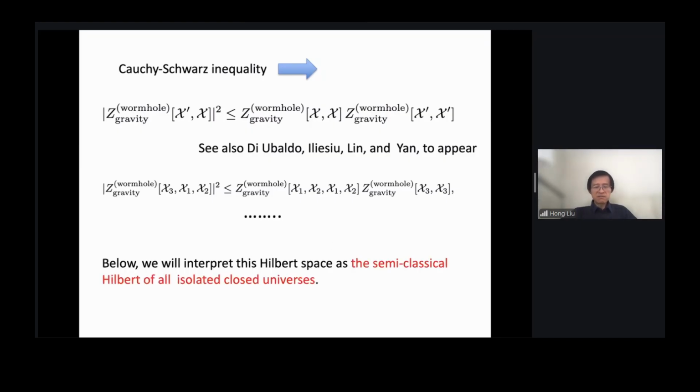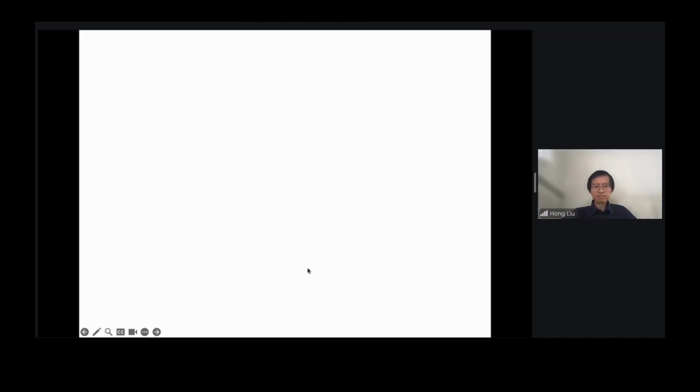And actually, this Hilbert space structure is not just some mathematical device. Below, I will interpret this Hilbert space as the semi-classical Hilbert space of all isolated closed universes. So just to summarize what we discussed so far, let me make some remarks. The first remark